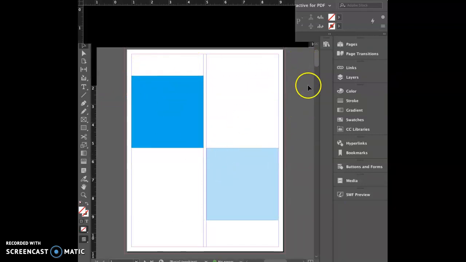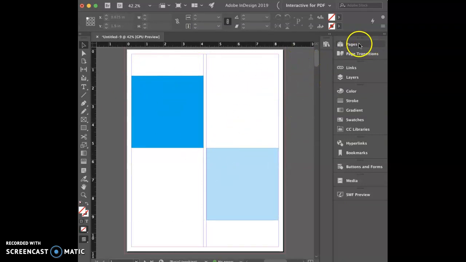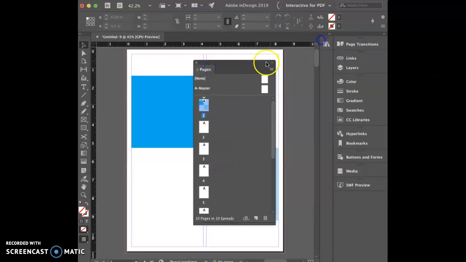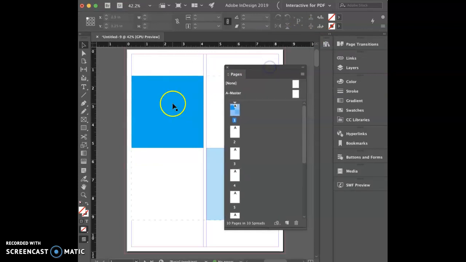We should have started by creating master pages, but we did not. So within your Pages panel, I'm going to drag that out so we can specifically focus on the Pages panel. We're not going to get too heavy into master pages because that's not until another class. But for this particular class, it's good to know about master pages, and this is really good to learn about. So I'll have you click and make sure that you have those that we've created on page 1 selected